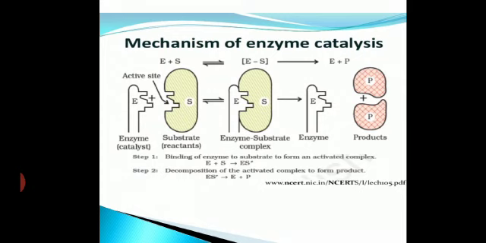Since the product molecules do not have any affinity for the enzyme surface, they leave the enzyme surface immediately as soon as they are formed. And again this particular enzyme reacts with a fresh substrate molecule, and again the reaction goes on. Got it? So which I have already explained to you. The mechanism of the enzyme catalysis takes place in our body in this particular manner.